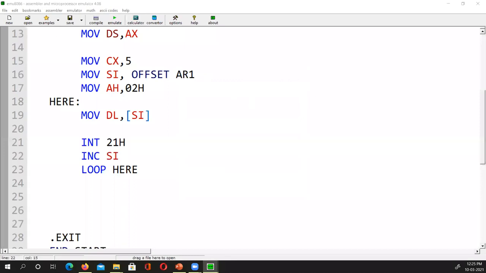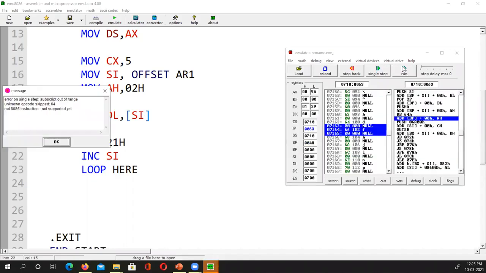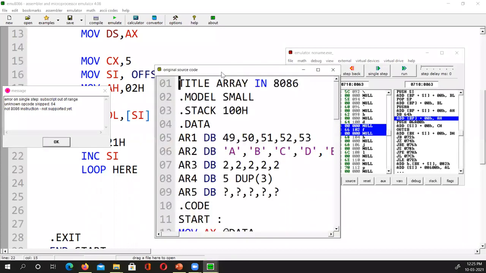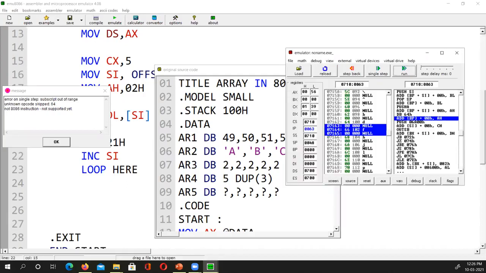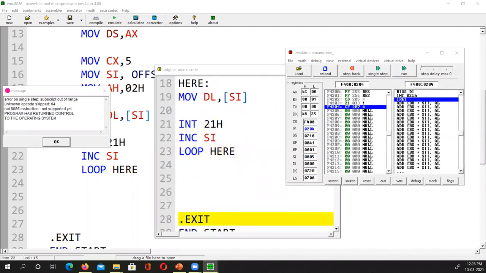Okay, it's coming on this window. Let me get it here. Run it. Okay. Where is the run window coming? Because I have got 2 screens here. Where has the run window gone? I can't see the run window, where is it? I am saying run. Yes, it's coming on here.